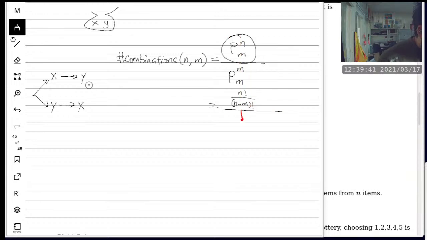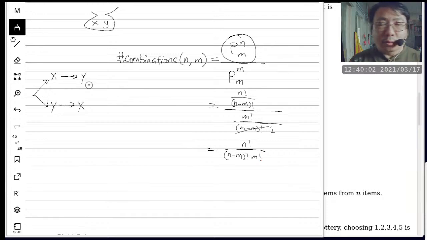And then this one is actually kind of the same deal too. We have M factorial divided by M minus M factorial. So what do we have? This cancels out to just a 1, which means it is insignificant. So now we end up with N factorial divided by N minus M factorial times M factorial. So that is what Aidan is referring to. So this thing here,